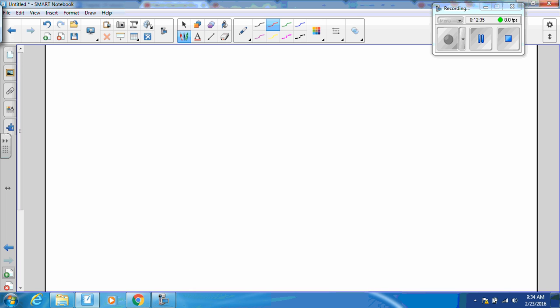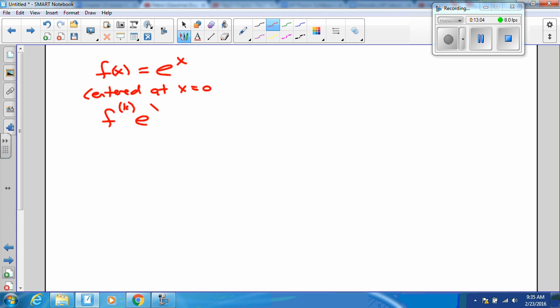There are 3 functions in particular that we want to know these series for. I'm going to call them Taylor or Maclaurin series. Maclaurin series would be ones with a center at 0. And the first one is the Taylor or Maclaurin series for e to the x centered at x equals 0. What's delightful about this series, of course, is the property that e to the x has, which is that all of its derivatives are equal to e to the x. And therefore, all of its derivatives at 0 are equal to 1. So we can immediately write